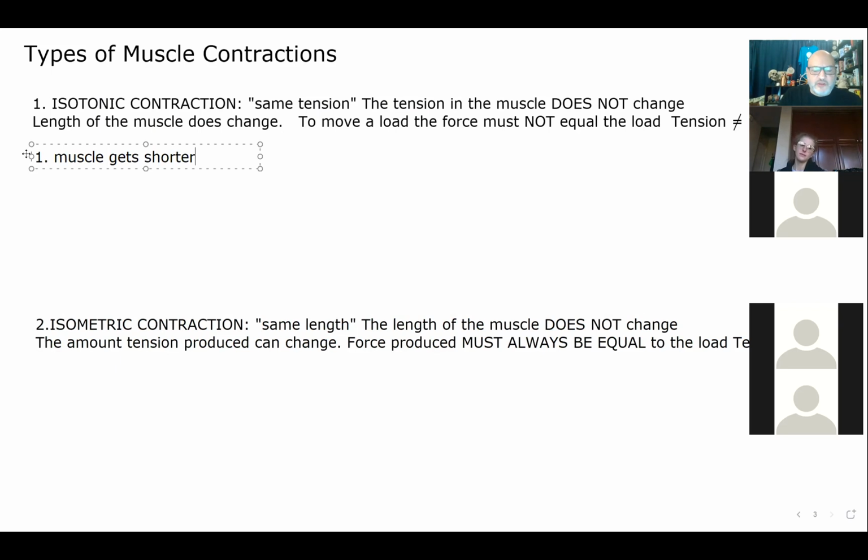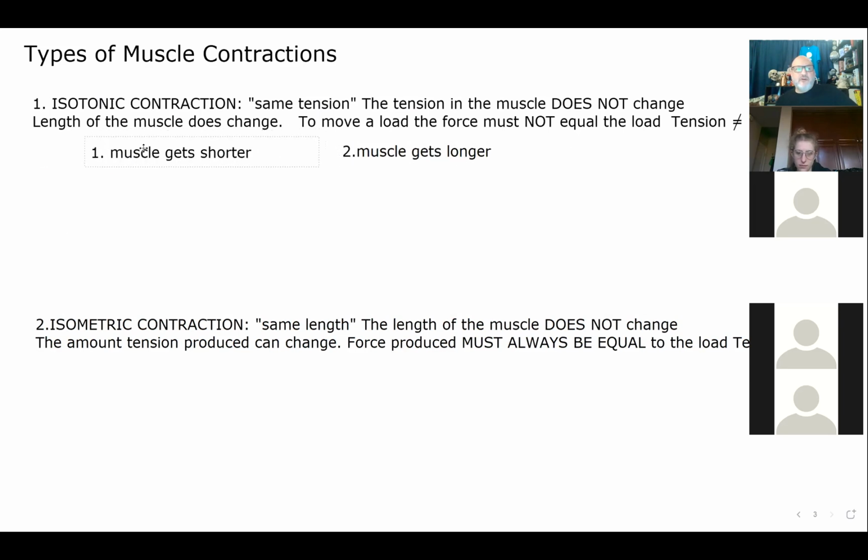But there is also, let's do it this way so I have room to play, an isotonic contraction where the muscle gets longer. So there are actually two types of isotonic contractions. So in our isotonic contractions, we have first what is called,